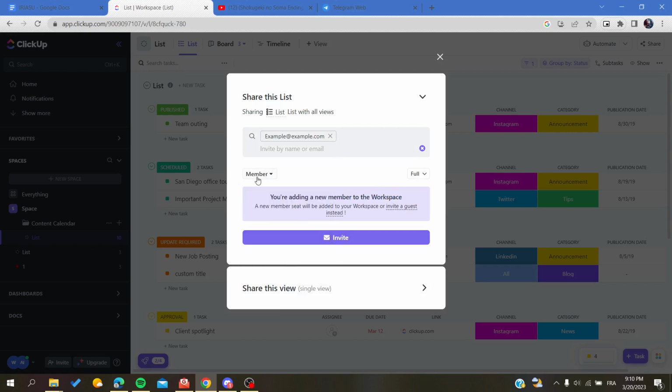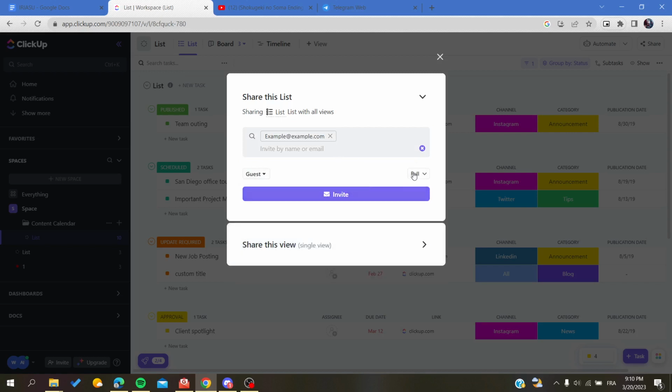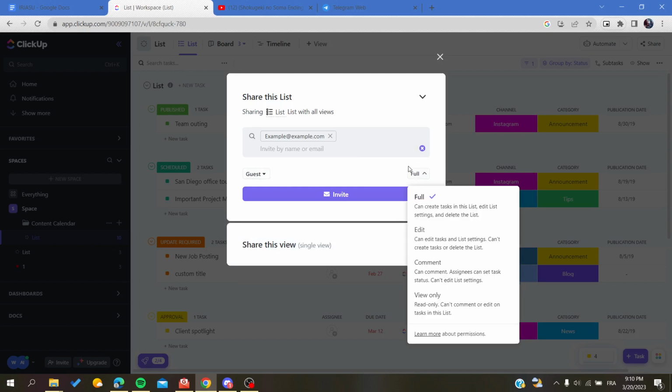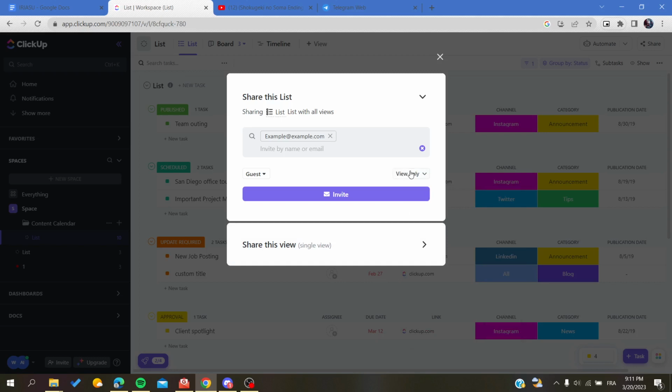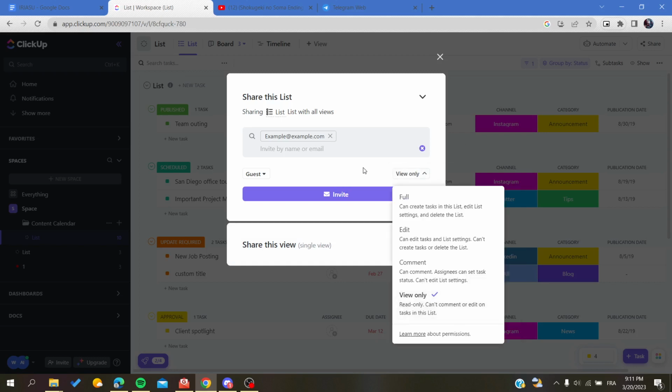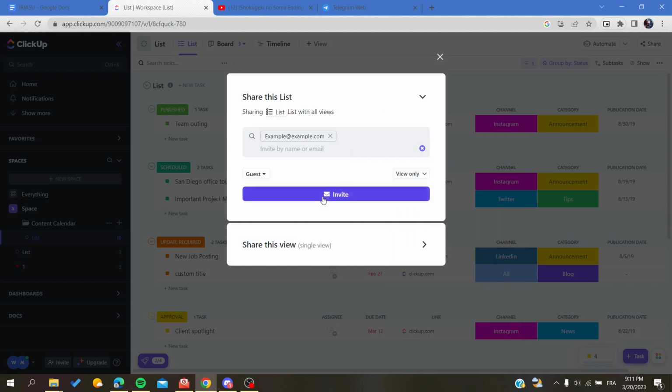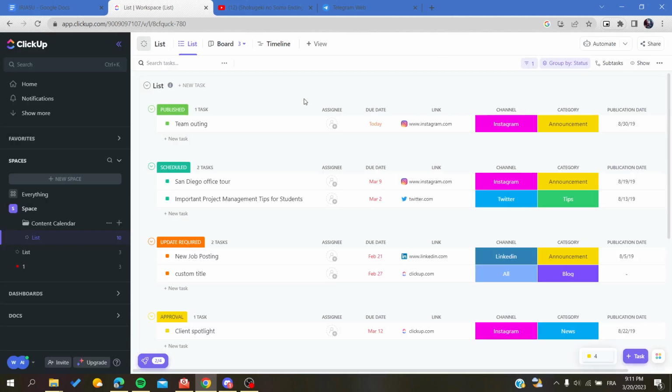Make sure that you have it as a guest, and of course you won't give a guest a full access, so maybe you are going just to give him a view only. It depends on your personal choices. So better it will be view only, and then you will click invite and an invitation will be sent to this email. After that, the guest will receive the email and it will click the invitation and it will lead